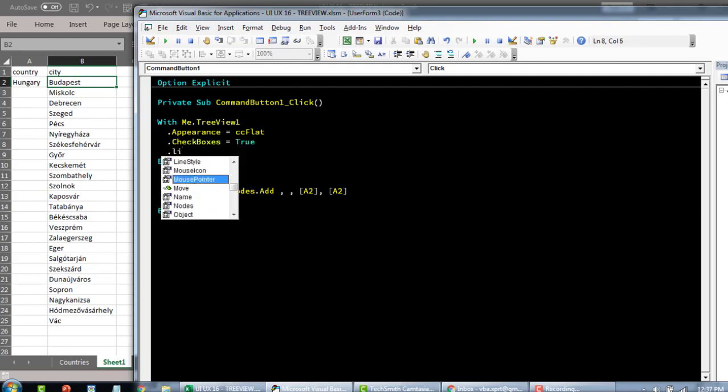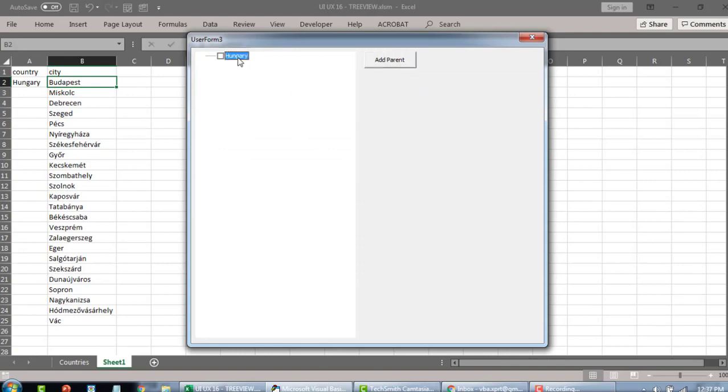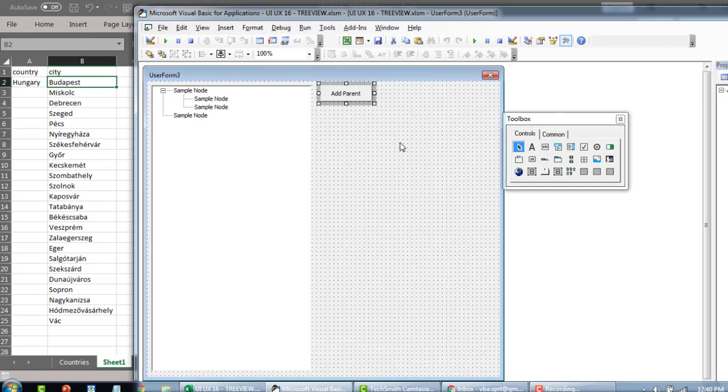Then line style, let's have it at root, like this. Let's see. Okay, so now we don't have any child yet, so we're not able to see it. Now let's add another button. We'll call this add children